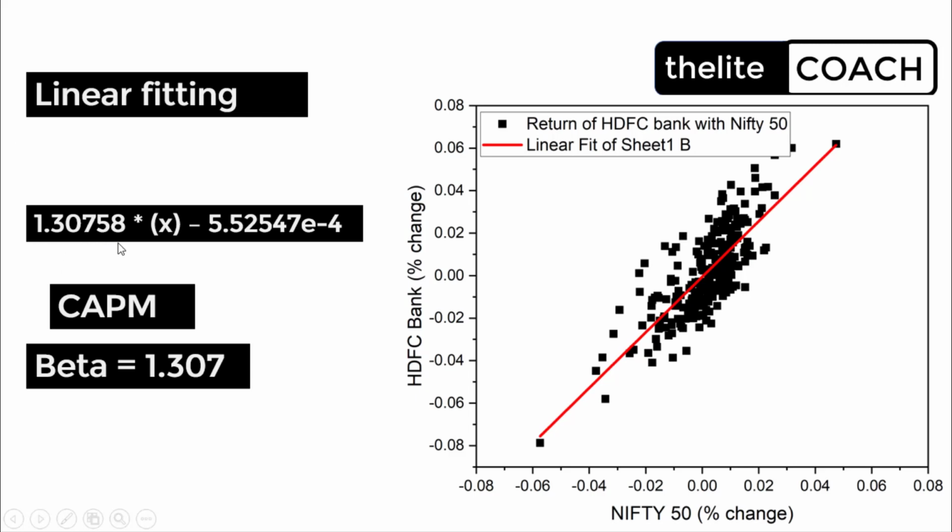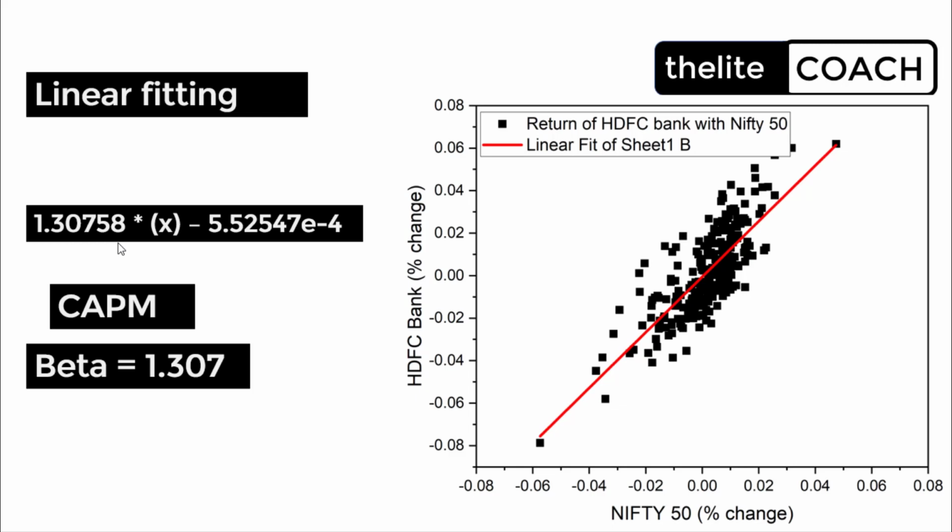What it usually represents is that, suppose the market is moving 1% up, your HDFC Bank would move 1.3%. Sorry, 30% more than the market. Usually this value is very high in a general sense, because we have only taken the values of the last 1 year, and in the last 1 year our economy was booming like anything. It was a bull market. That is one of the reasons why you get a very high value of beta. That's how you make a linear plot.